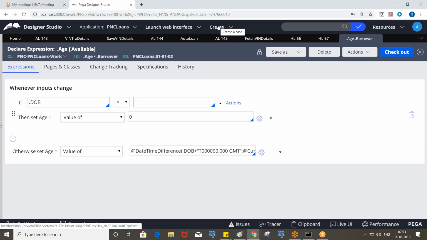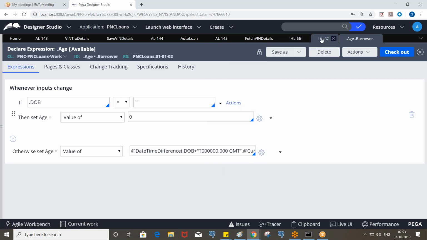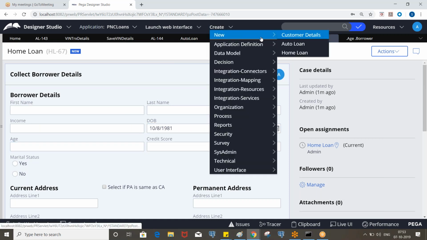Okay, so where we need to invoke this declare expression rule? No need to invoke. No need, right? Yeah, so now we need to re-execute.